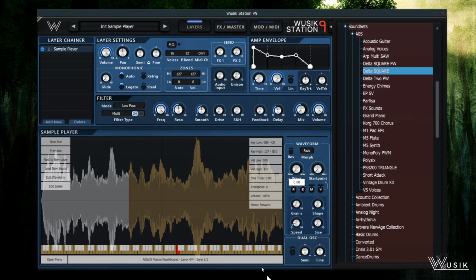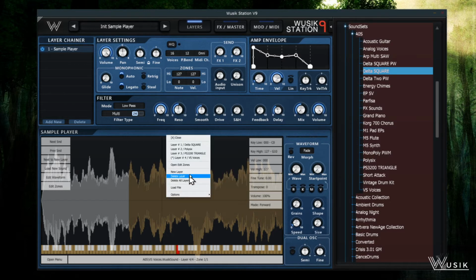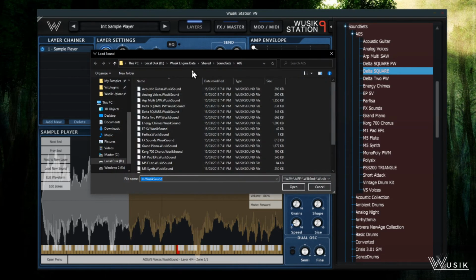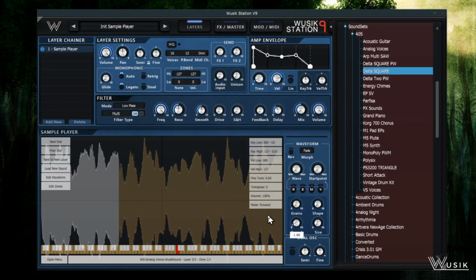You can hear that it's fading all the 4 sounds. I'm going to add another one, because I think it's missing another one. So new layer and analog voice. So it's going to be the last one. Now I'm going to go to the modulation. I can, if I want to do this by hand, let's say, use the modulation